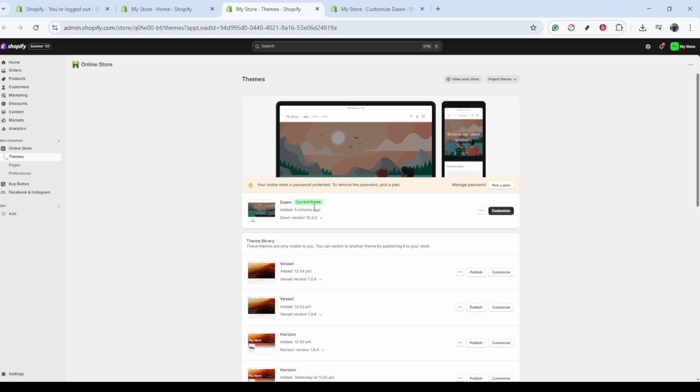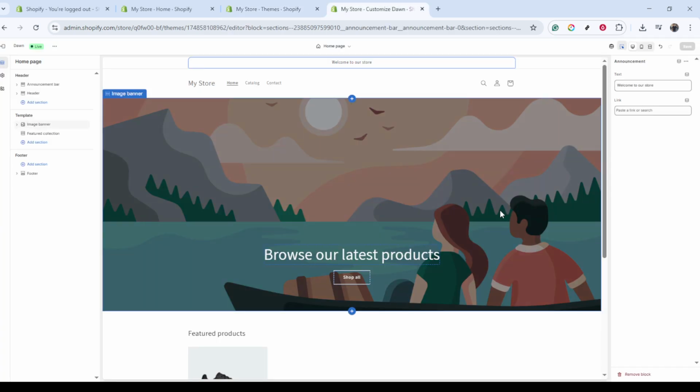feel. In the Themes section, you'll notice the Customize button right under your current theme header. Give that a click. This is where the magic happens, allowing you to tailor the aesthetic and functionality of your online store to match your brand identity. Now, direct your attention to the left side of the Customization panel. Under Header, you will find